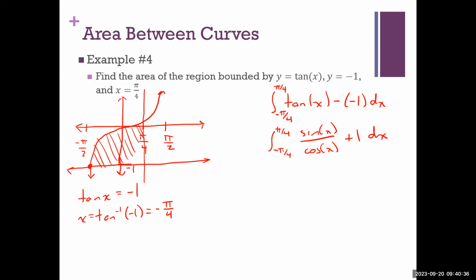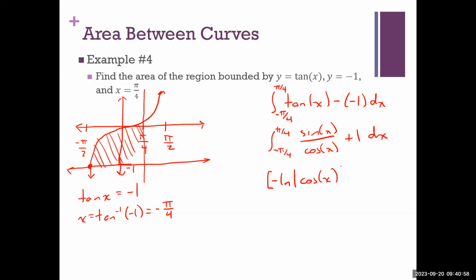It's not exactly natural log of cosine x. It's negative because I don't have the derivative in the numerator exactly. I have the exact opposite of it. So because of that, this comes out to be negative natural log absolute value of cosine x,